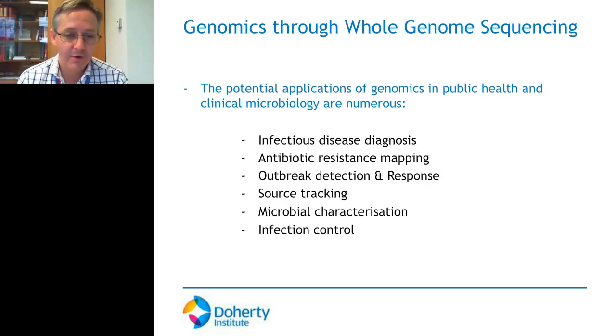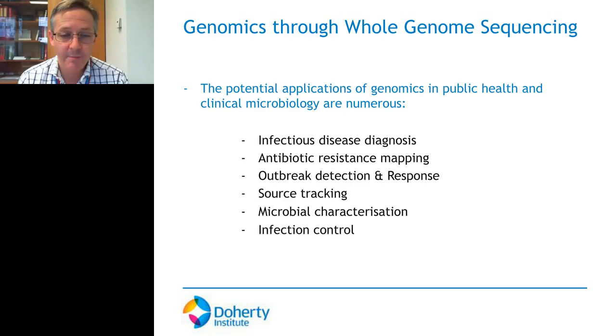Well, they're very broad actually, and everything you think of, you can find a way to apply genomics to the question or the diagnostic assay or the typing assay that you're trying to do. But just as a brief summary, some of the key areas where genomics will have an impact is in the diagnosis of infectious diseases, the characterisation of antibiotic resistance mechanisms, but also mapping the way resistant bacteria spread,